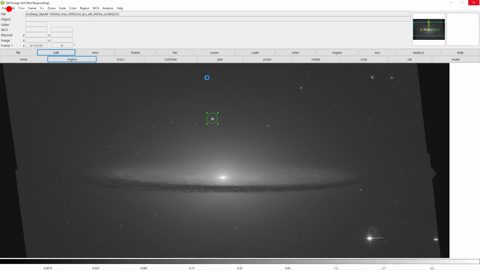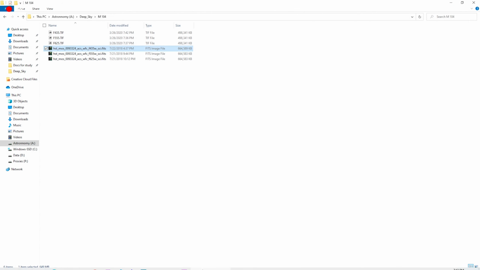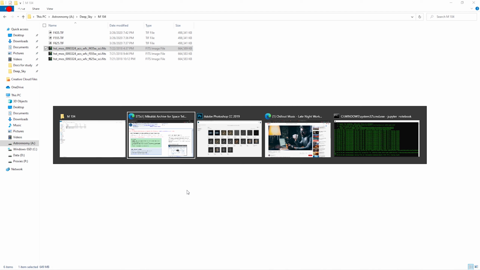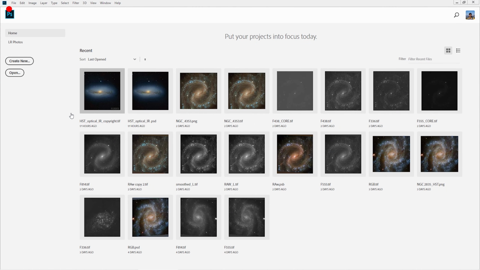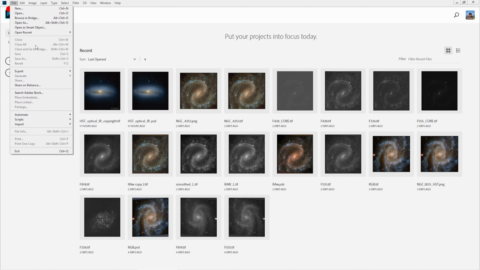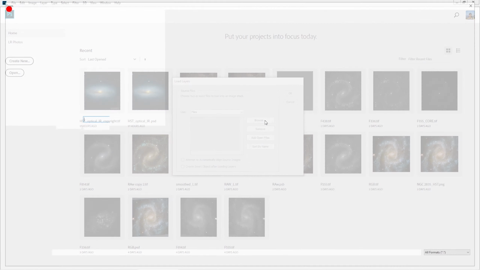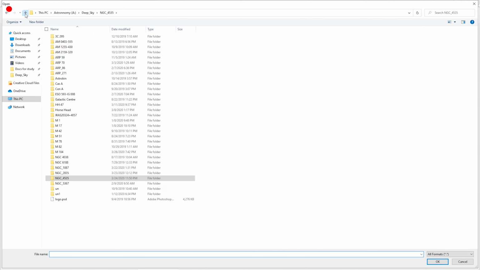Now we are going back to Photoshop. For making an RGB image, you need some advanced image editor, and I prefer to use Photoshop. You can use GIMP also. That also has the same functionality. But I prefer Photoshop. If you don't have Photoshop, you can always use GIMP. I have browsed the files, so here are my three files. I will load them in.